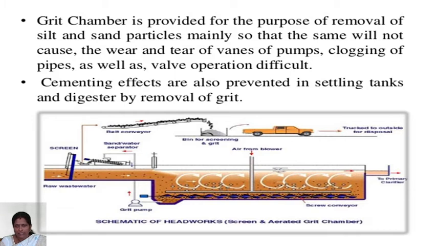This is the cross-section view of the grit chamber. This is a schematic diagram. In this portion, this one is the bar screen. When raw sewage enters the treatment process, the bar screen filters the coarser particles and allows the remaining inorganic settleable particles. Then it moves on to the grit chamber. In the grit chamber, the solid particles are settled down. The remaining clear supernatant goes to the next process, the primary clarifier.